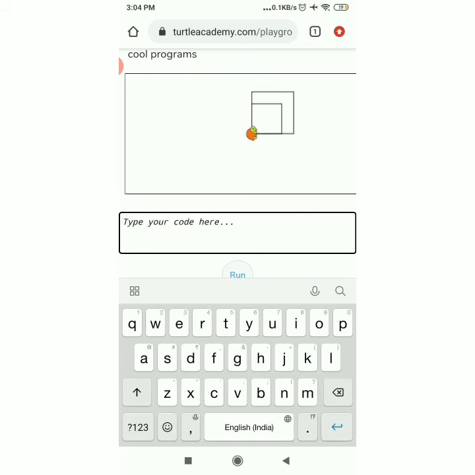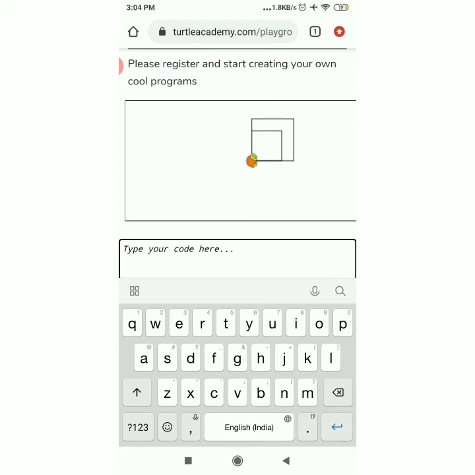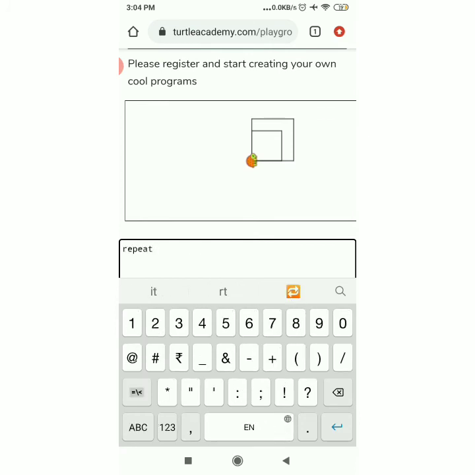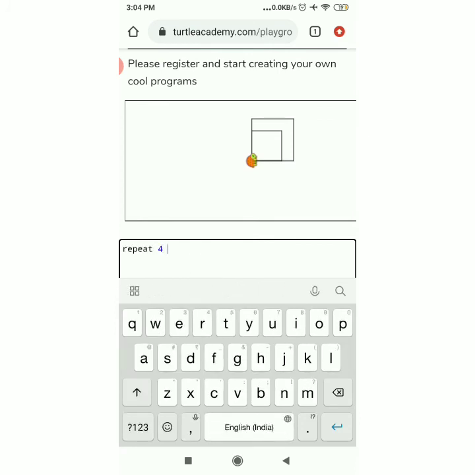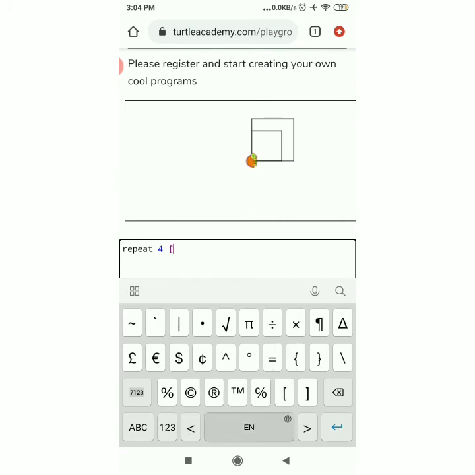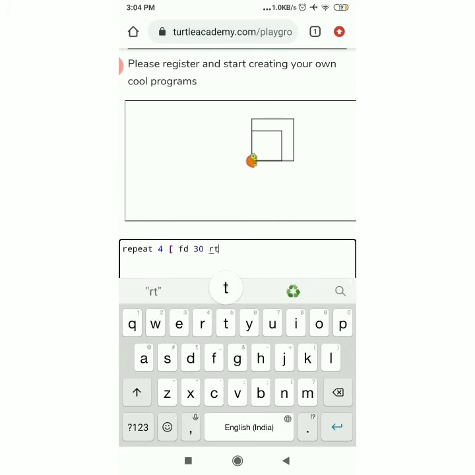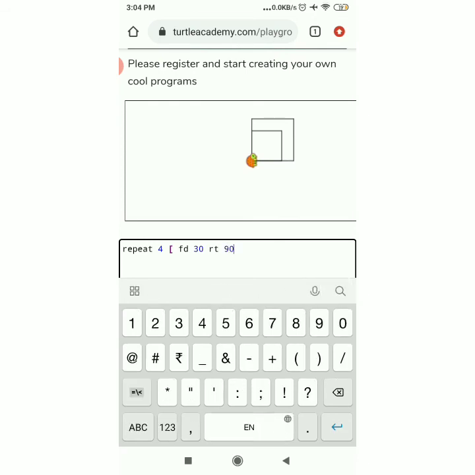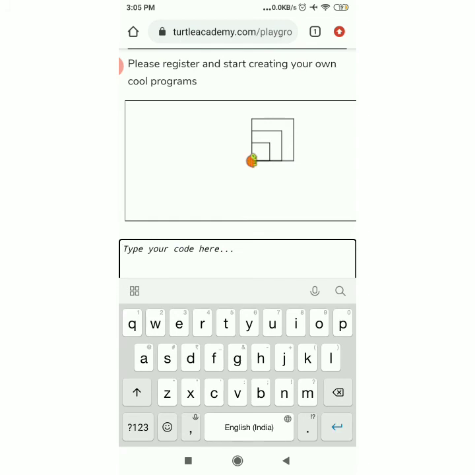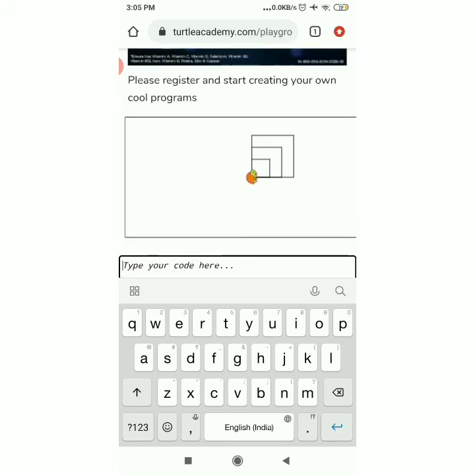Now enter here. Now if you want to make a very small square, so REPEAT 4 FD 30 RT 90. Enter. Like that you can make a pattern.